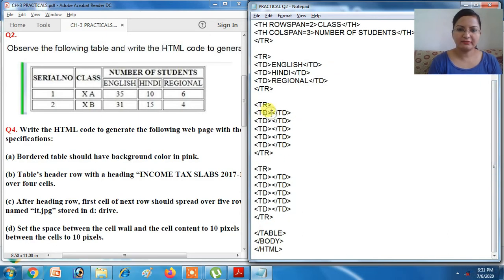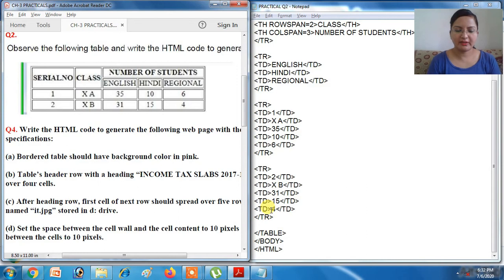Now fill the data. 1, 10A, 35, 10 and 6, 10, 6. Here 2, 10B, 31, 15 and 4, 31, 15 and 4. Okay, let's see the output.